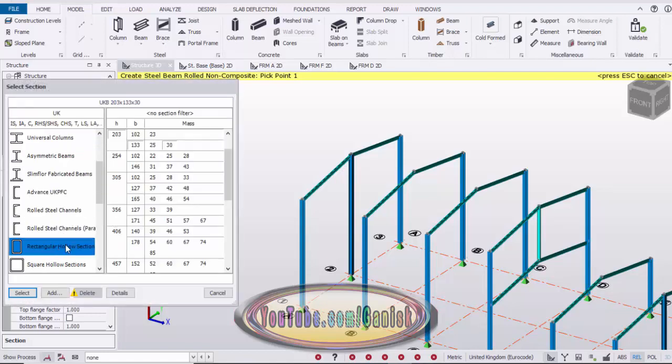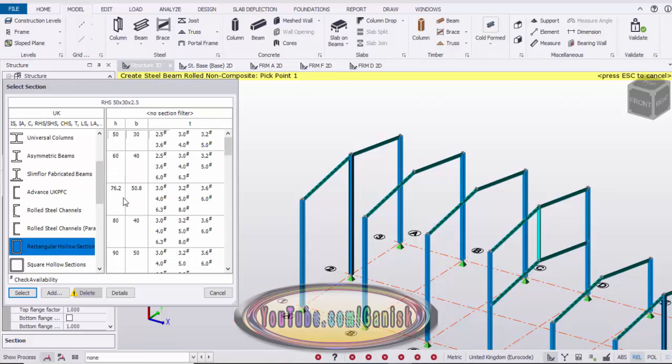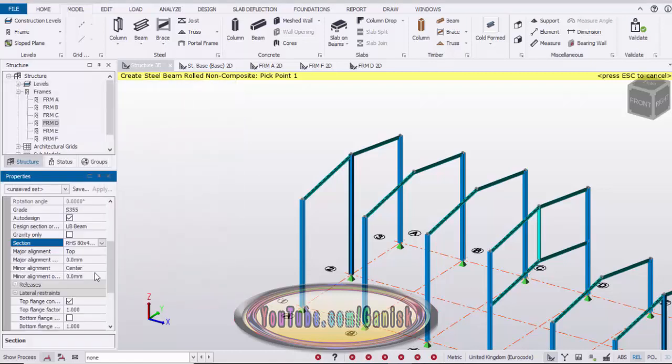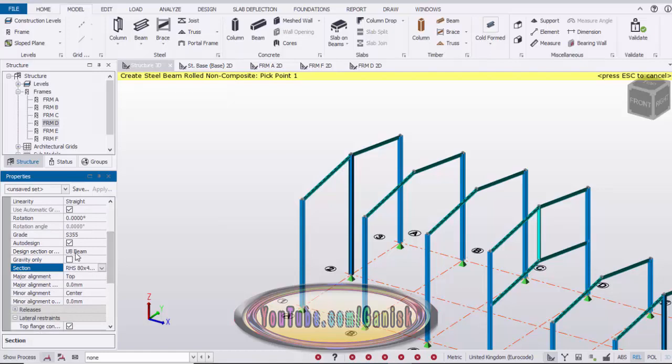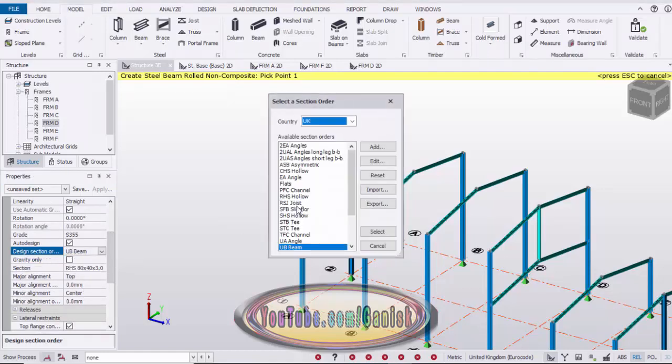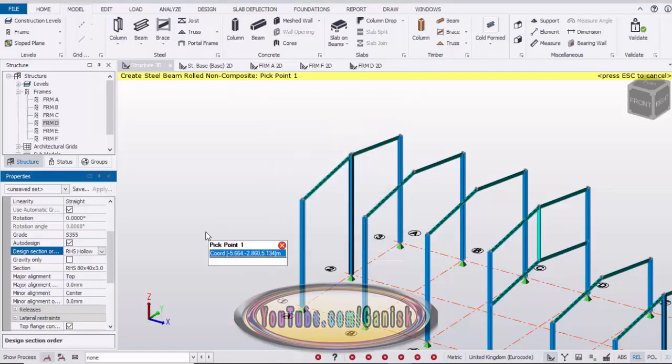Let's take rectangular hollow section and let's take this 80/40/3. Then click on select. Similar like that we need to change the design section order also, RHS, rectangular hollow section. So scroll it down and select this RHS hollow. So click on select.